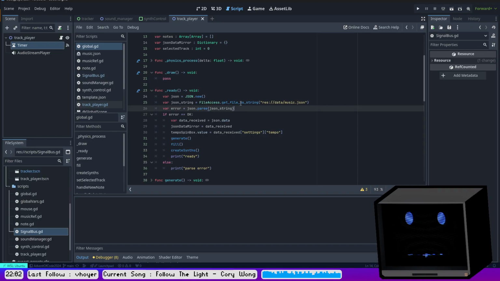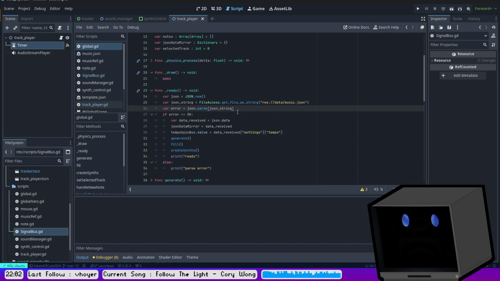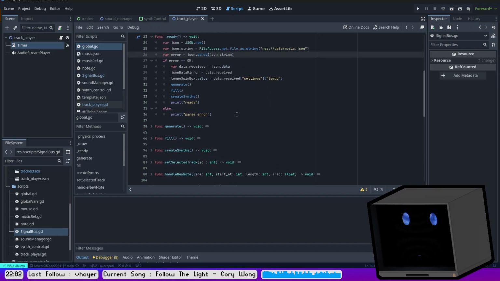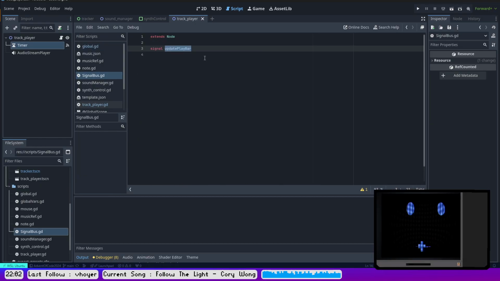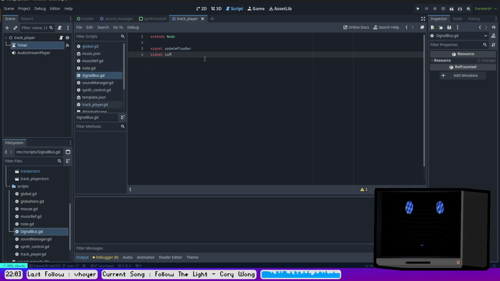We have the current time. I guess we have to know when it's playing too, but we have to know when it's finished too. So signal bus, signal is playing,